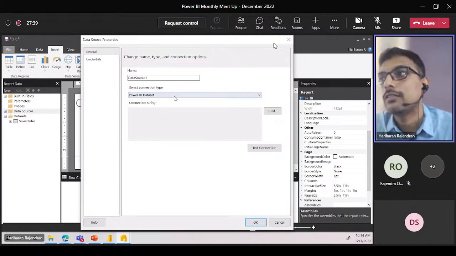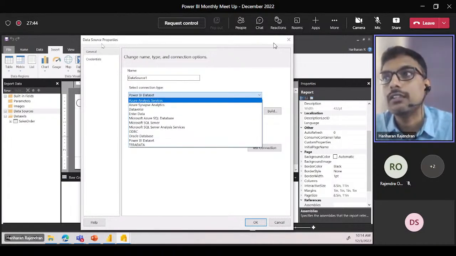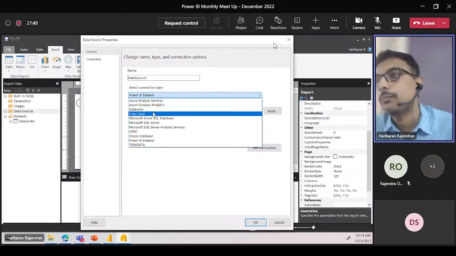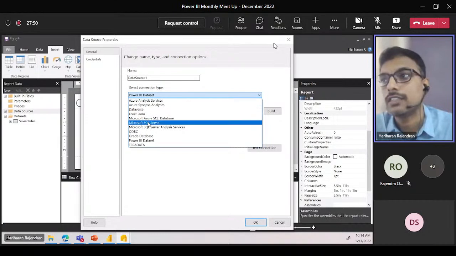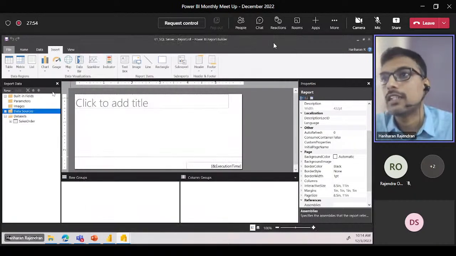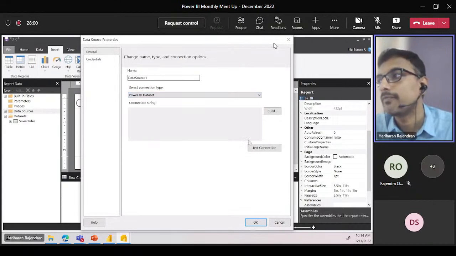So with that, there is no restriction on the data connectors that we have in paginated reports. Whatever data connectors are supported in Power BI Desktop can all be leveraged here using the Power BI dataset. If I want to show you how you can connect, you can easily go to the Power BI dataset connection, or you can choose here Power BI dataset, and you can see